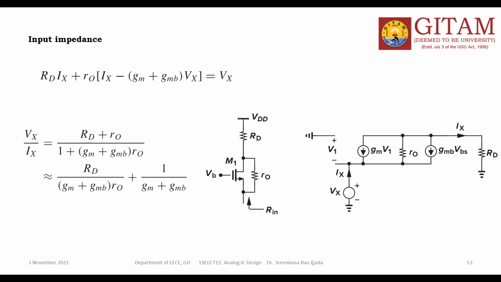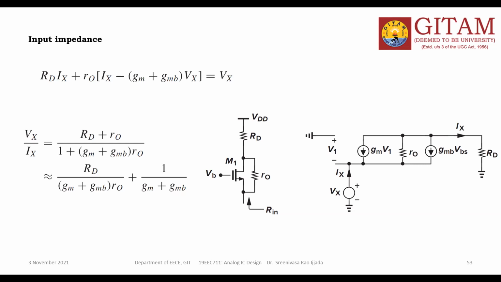I make it approximately. Why am I taking approximately? Suppose I am neglecting the R naught value. Everything is for my convenience, for my understanding. That's it. There are a lot of assumptions in the amplifier analysis. You cannot question why you do it like this. Anyhow, the actual input impedance value is what?